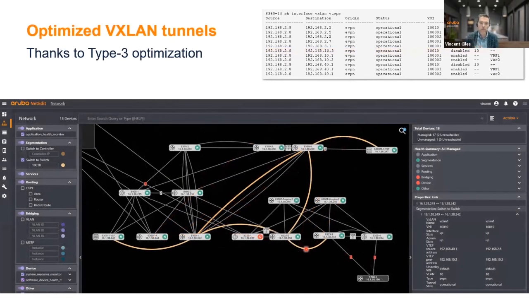So be careful: unnecessary type 3 routes being sent will generate the creation of unidirectional VXLAN tunnels. Thanks to the type 3 optimization done with next-hop-self, which is the natural way of doing things for external BGP, on NetEdit you'll see that the tunnels between the regular leaf and the border do not appear, as expected.